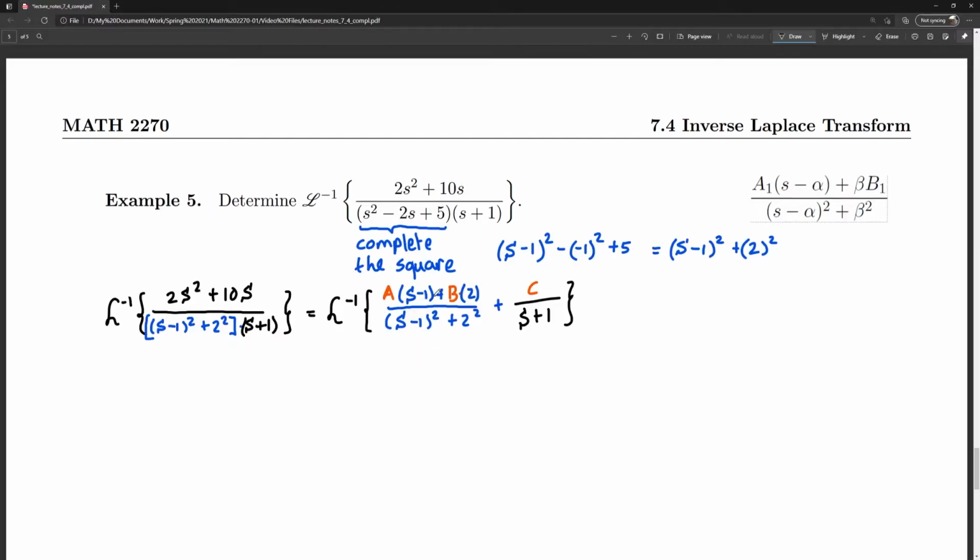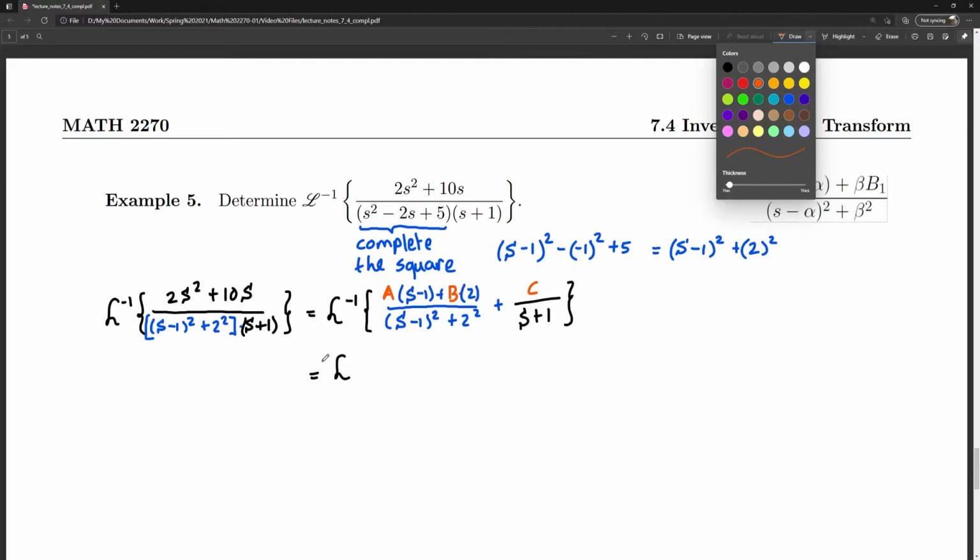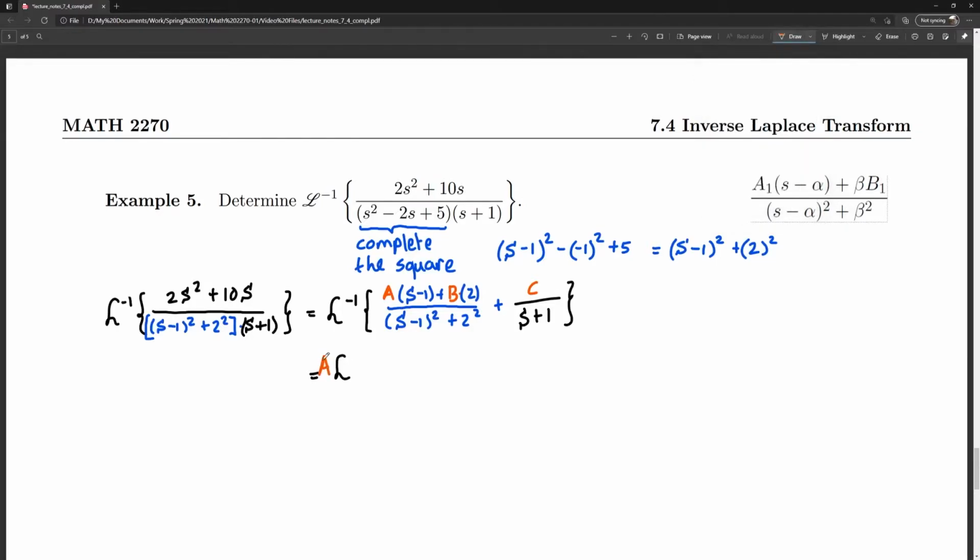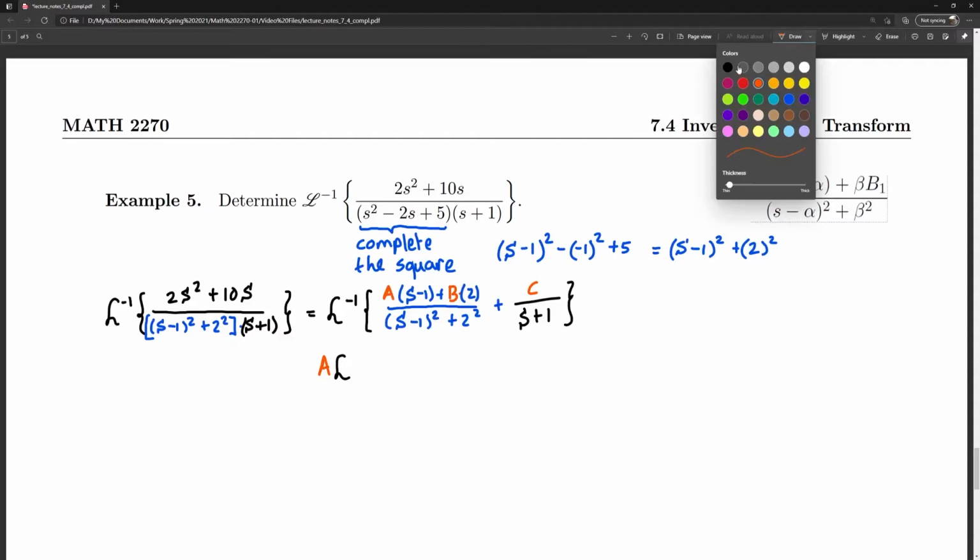But we might as well go ahead and break this down. So this would be the Laplace inverse. So due to linearity, this will be A times the Laplace inverse